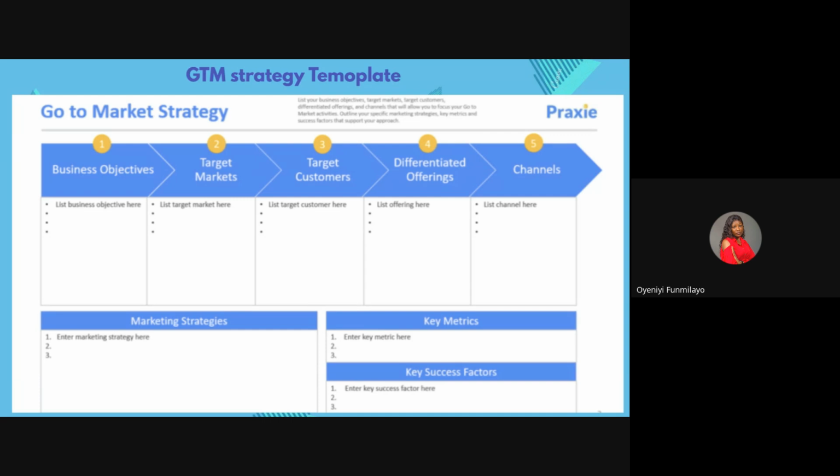Then channels. Where do you want to sell your products? TikTok, Instagram, an app. What channels would you be having? Right. And then your marketing strategies. How do you want your marketing strategies to be? Do you want to go to the market to talk to people to use your product, or you just want to run ads online? List it there. Then what are the key metrics you want to track? Were you able to sell 1,000 products in 3 months? Or were you able to get 1,000 sign-ups in 3 months? Or were you even able to get 5,000 traffic on your website landing page? Do you understand? You would list your key metrics there.